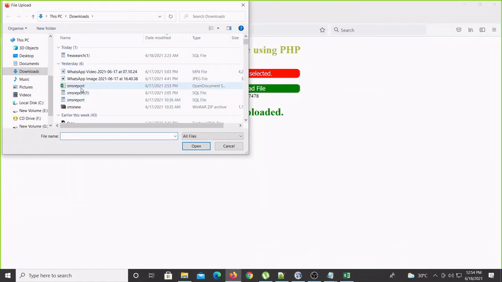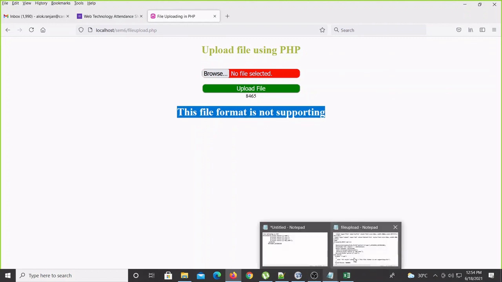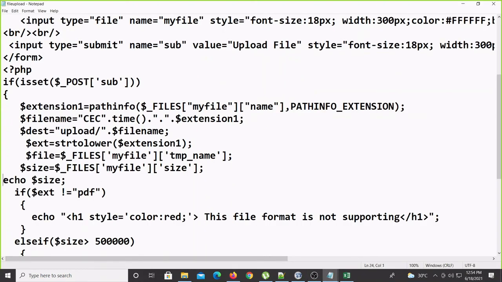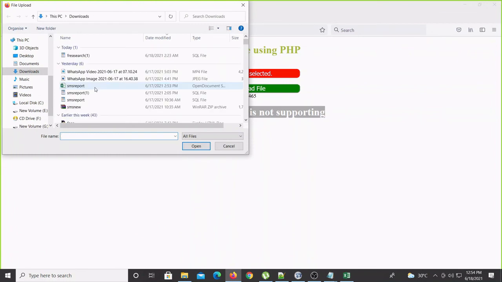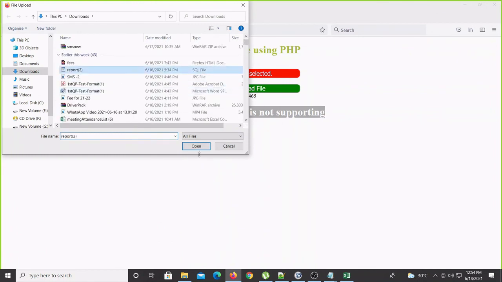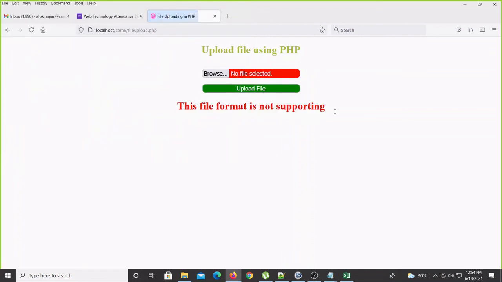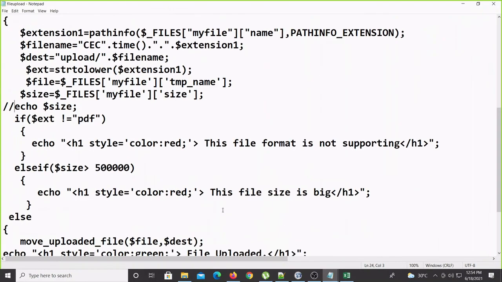Same time, if you want to give any other file, browse. I am just uploading here an Excel sheet. Upload, message will come. Yeah, file format is not supported. So this echo command is not required. This is only for debug purposes. We put it, any other file you check, not this one. I am just checking here a JPG file. Otherwise, yeah, notepad file. This file, upload file, file format is not supported. Clear? So in this way, you can check the file size.